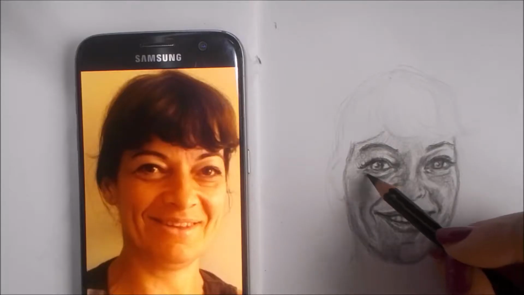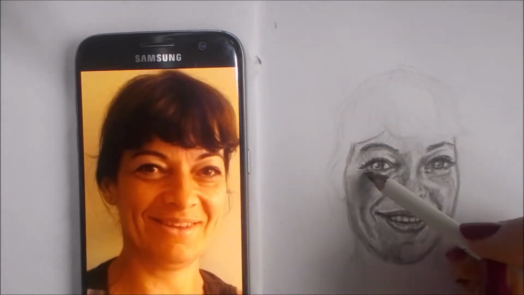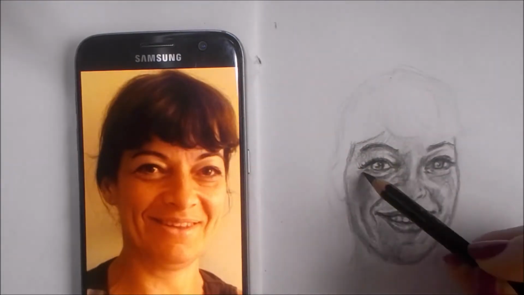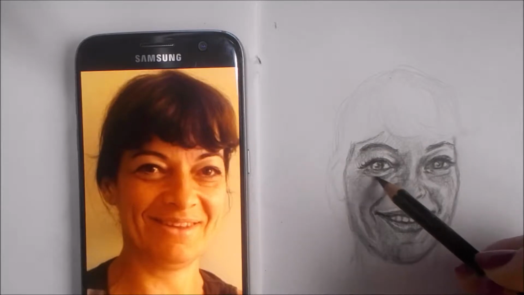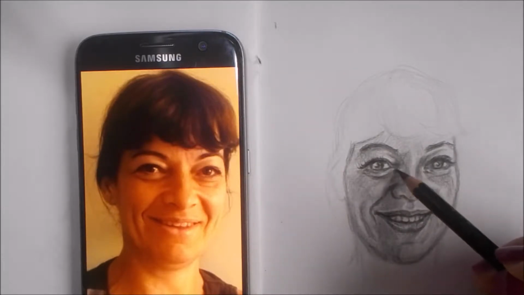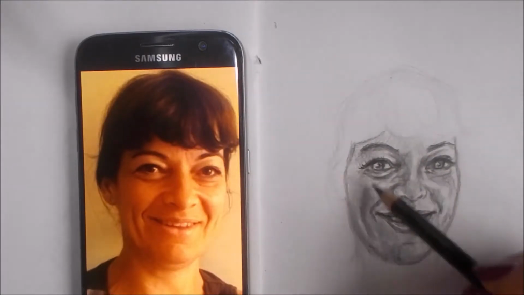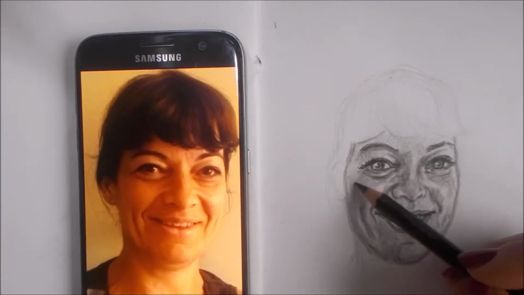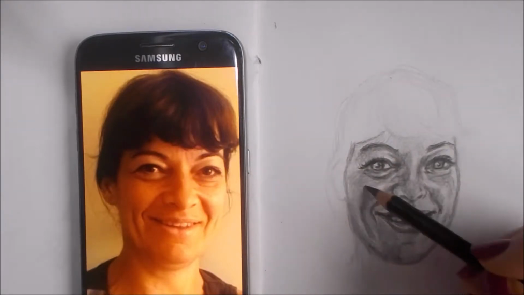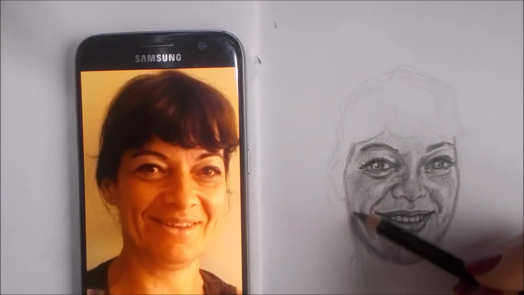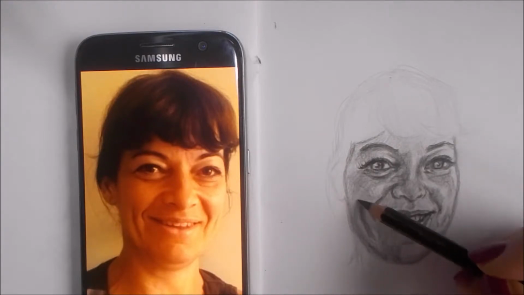In this part, I've decided to talk a bit about shading. The reason for that is, as you can see, where I'm at this point with this portrait, I like how it's progressing. I've got a nice expression here. She looks happy, the smile seems genuine, and there is adequate resemblance, but the drawing is quite messy and not